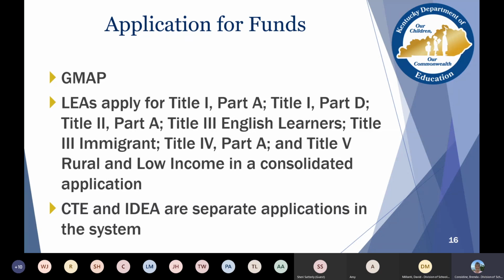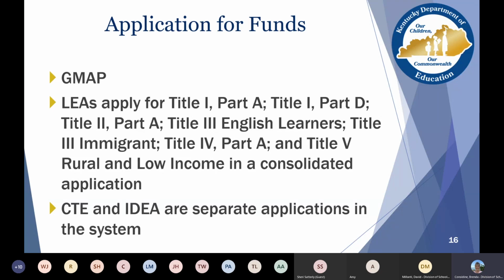Okay, so I do know we've had some questions about that. Last year, about 115 districts qualified for Title V, which was rural and low income, and I would say it'll be somewhere similar to that.